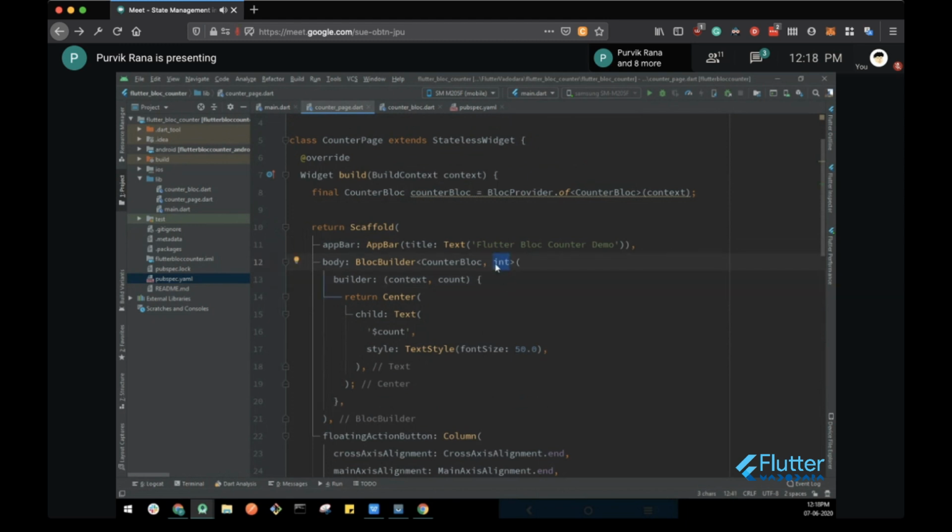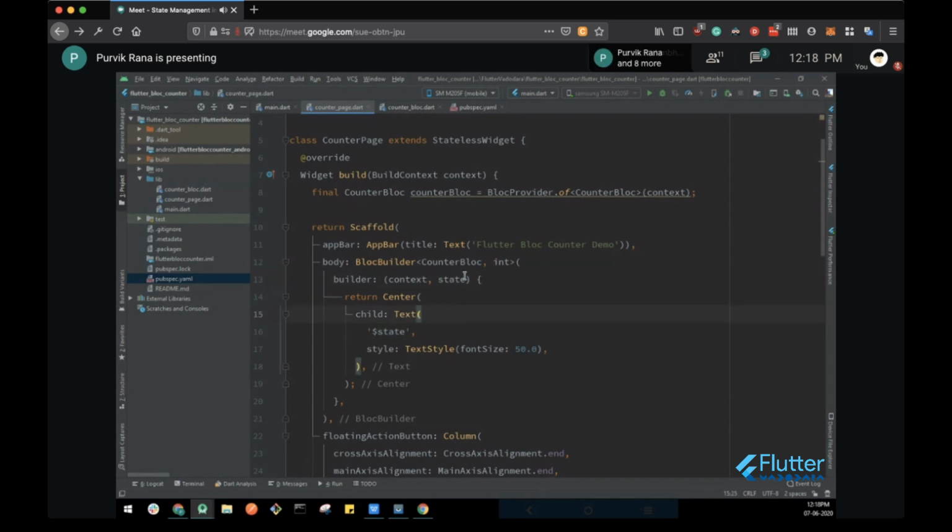And here it consists of the builder, which contains the context and the count. Here you can give this any name. You can also name it state, and we can have the value equal to state over here. That is the state that you will have, and this is the syntax that I am following when I'm programming, because count is a different thing for understanding, but the state is the main thing. If that gives you the thought in mind that state is the state of the screen, so this is the type of the state. This is the actual state that you can use over here.